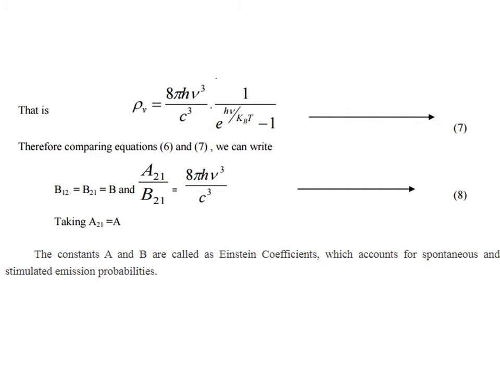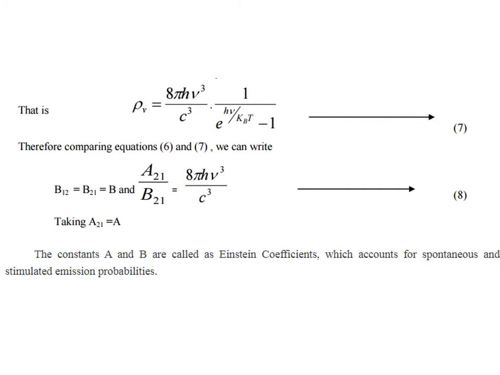So we can assume that B12 by B21 is equal to 1, or B12 equal to B21. So these are the two conclusions that we are getting when we compare equations 6 and 7. The results are B12 equal to B21, and A21 by B21 equal to 8πhν³ by c³. The meaning of these inferences is you can interpret it like this: B12 equal to B21, which means